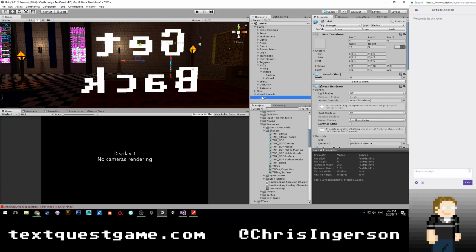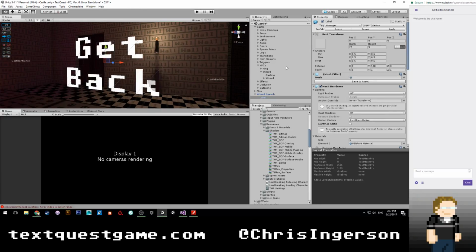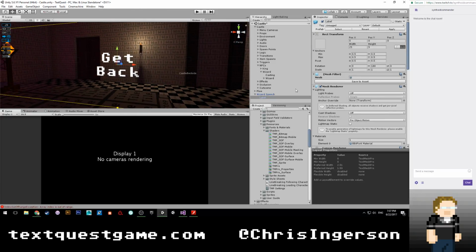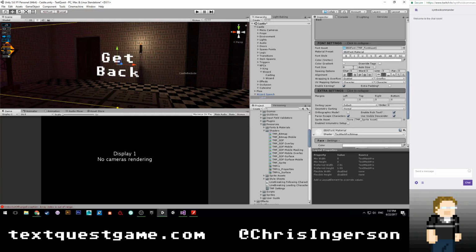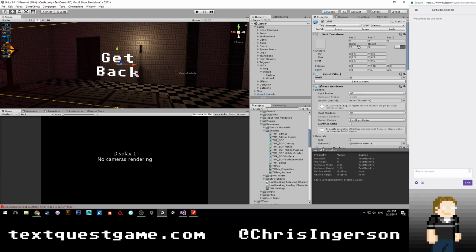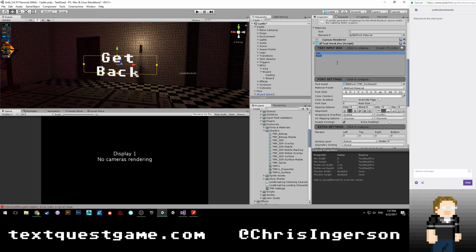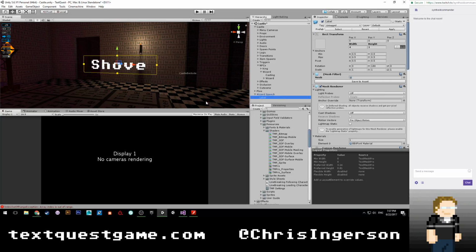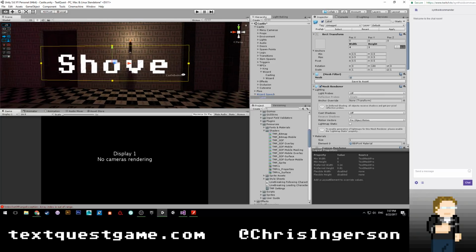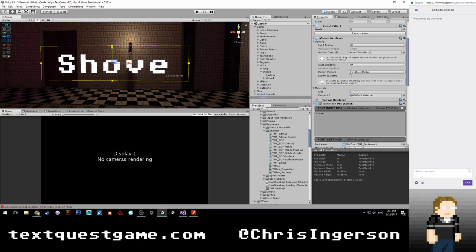Revert. Here's our label. Let's go ahead and make those adjustments that we made already. So we want to change it to be 4 wide by 1 tall and change our actual input to say shove. Cool. So that part seems to work, but we still can't get